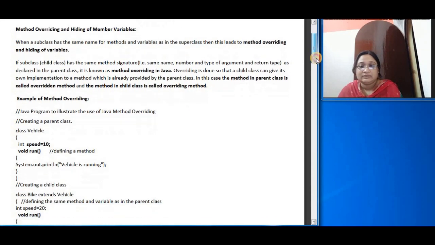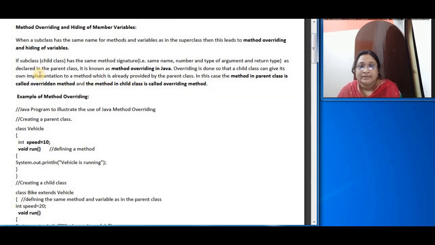Now let's see in detail. If the subclass has the same method signature, that is the method name, the return type, the number of arguments and the type of arguments, as that of the base class, then it is known as method overriding.